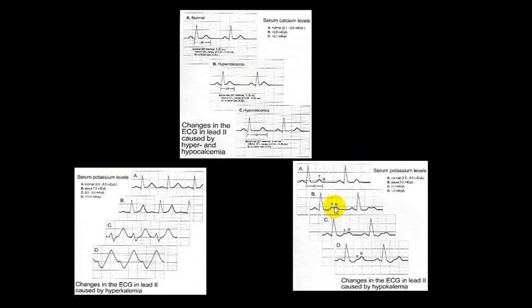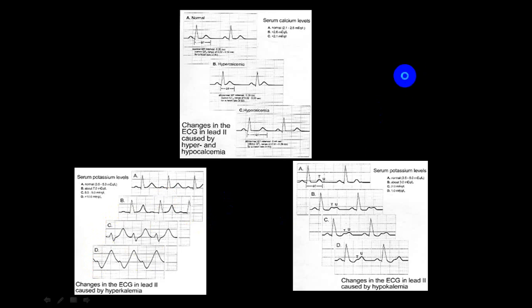We'll show you some of the ECGs. This is calcium imbalance, hypercalcemia and hypocalcemia. Here QT is prolonged, and here QT is short, with T wave changes that may be seen. This is potassium imbalance, hyperkalemia and hypokalemia. Here the T wave will become flat with U wave appearance. Here the T wave will become taller and taller. This will become a sine wave. The PR interval will disappear because the P wave disappears, with PR prolongation, QRS complex widening, and sine wave appearance.